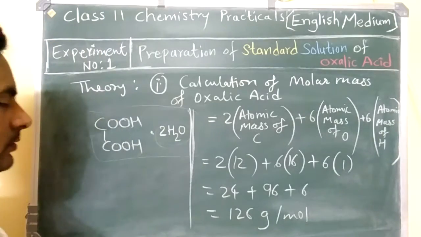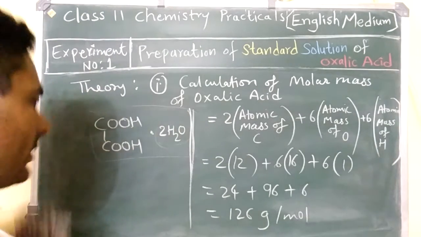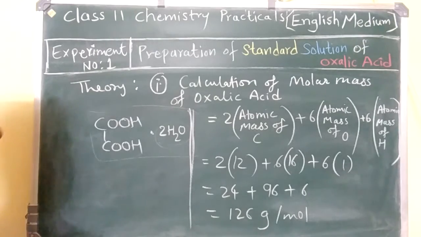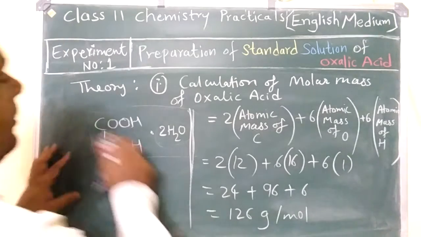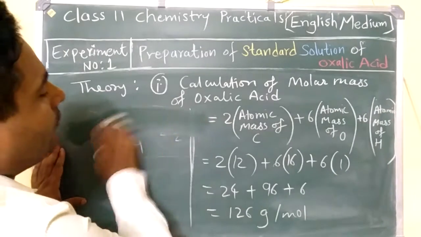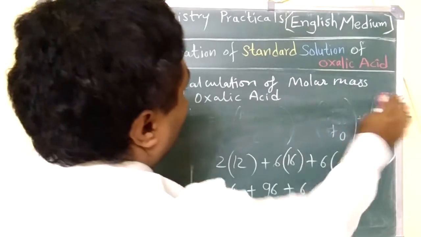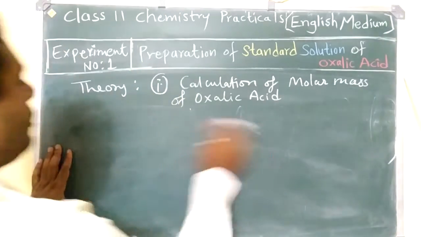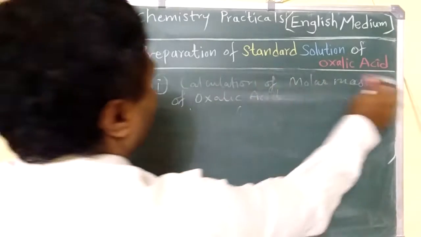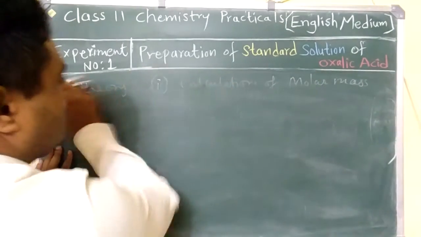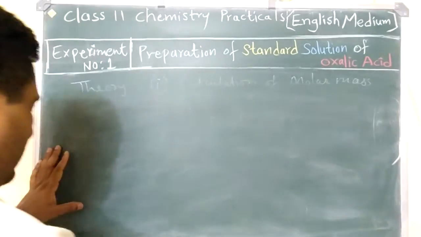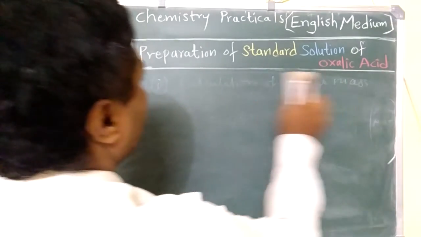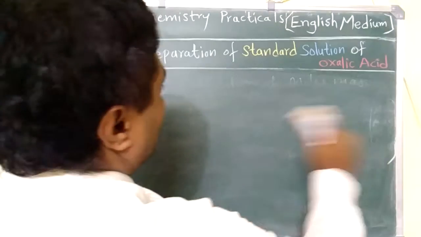So according to this molar mass, we know very well that if 1 mole amount of the solute is dissolved in 1 liter volume of the solution, then a 1 molar solution is prepared. The solution concentration will be 1 molar. So students,